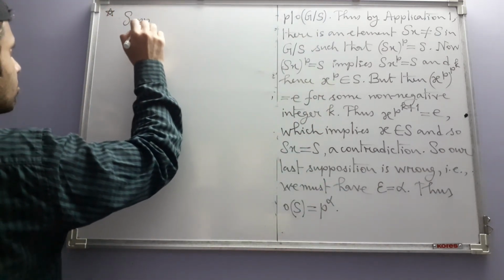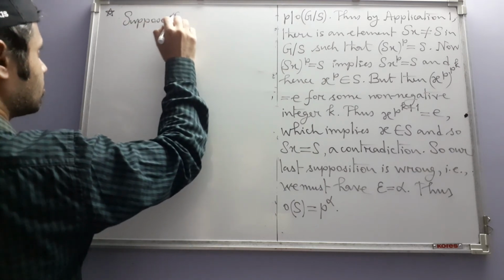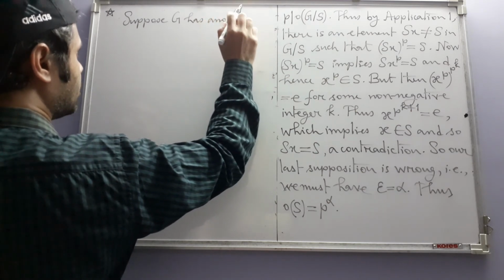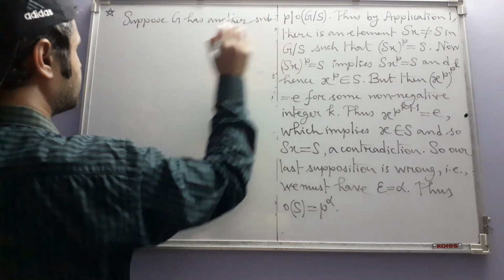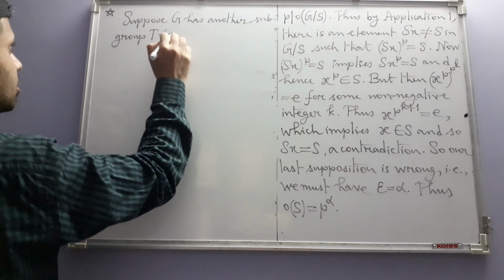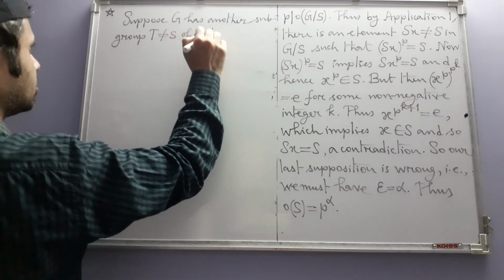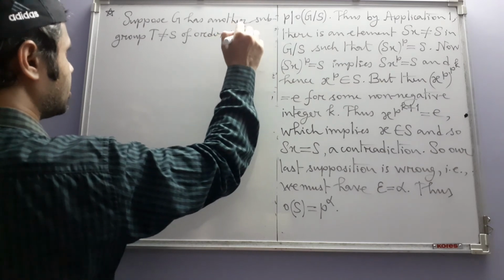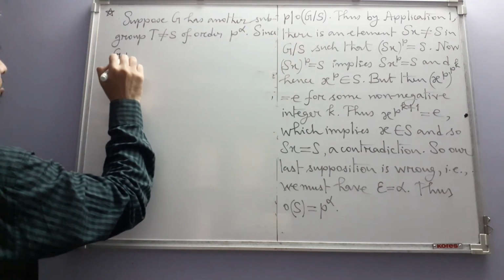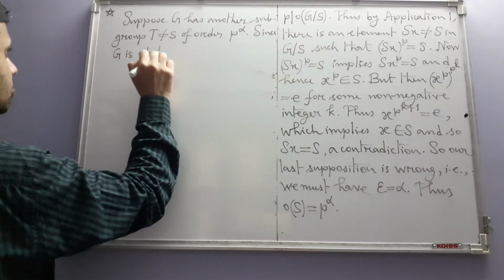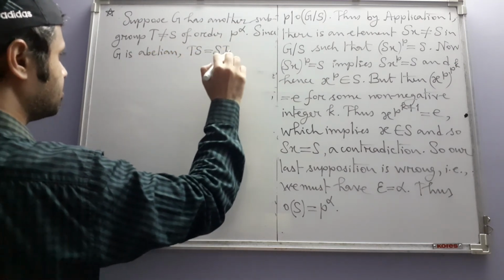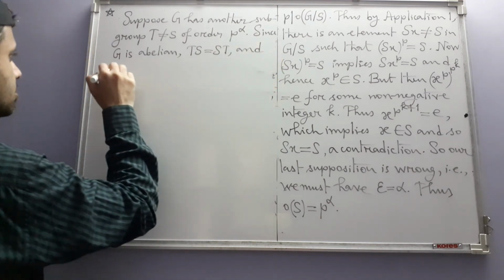Suppose G has another subgroup T, not equal to S, of order p to the power alpha. Since G is abelian, TS is equal to ST, and hence TS is a